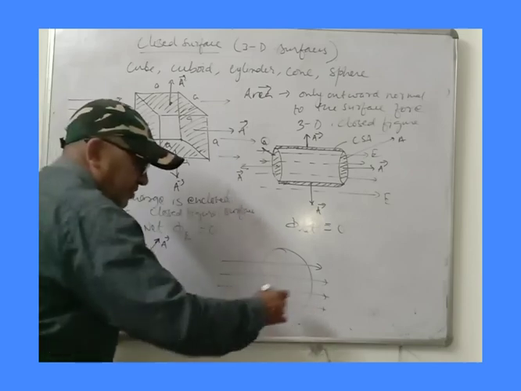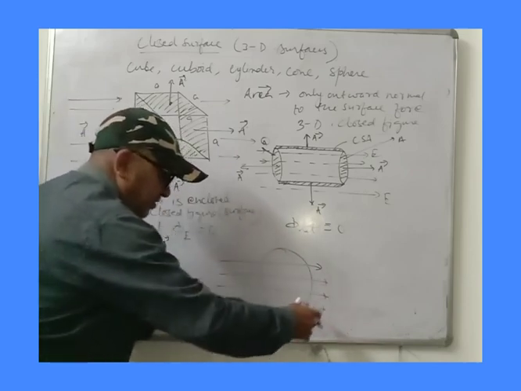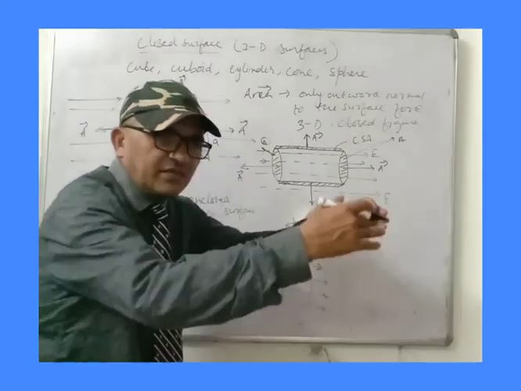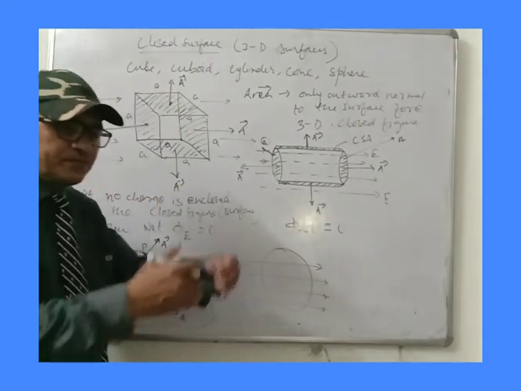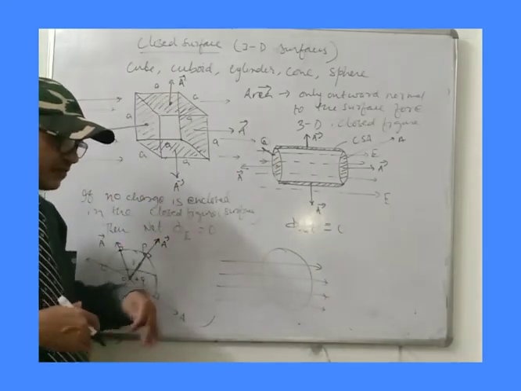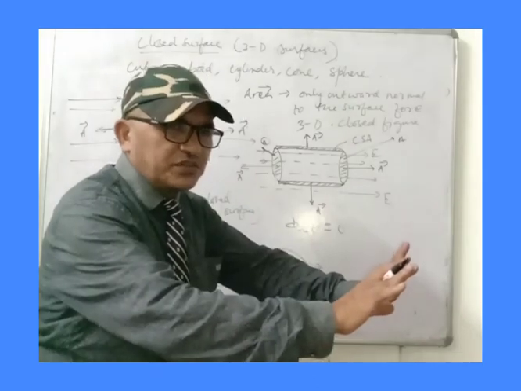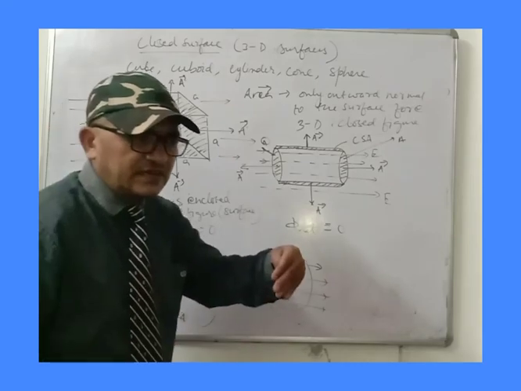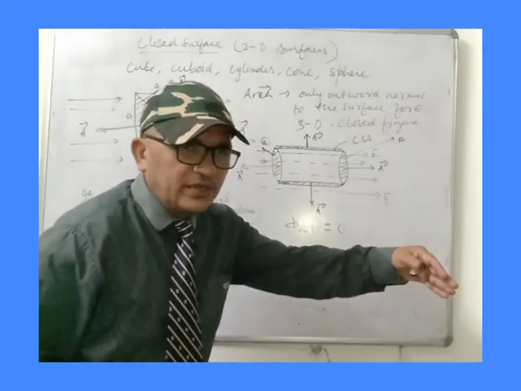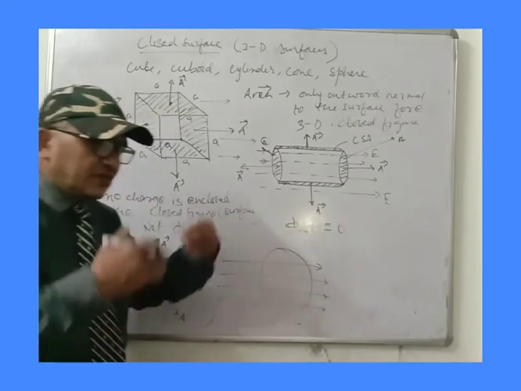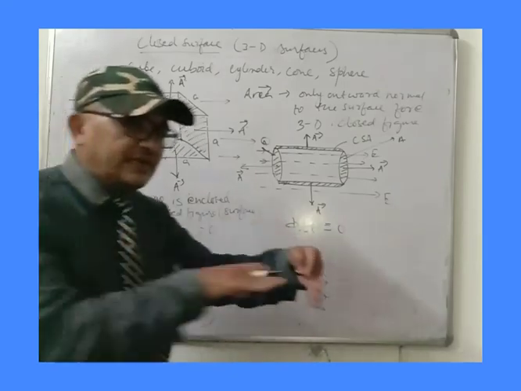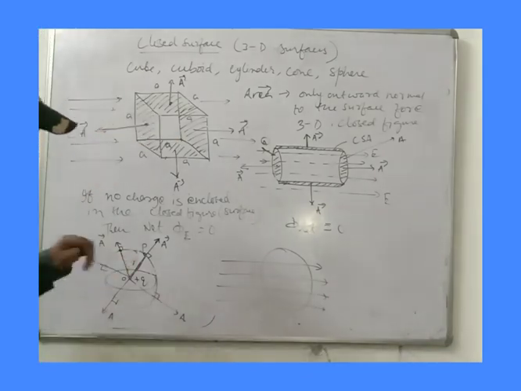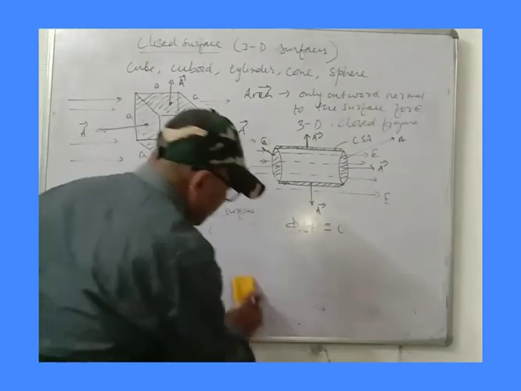This side surface you have to take. You have to take both side surfaces and do like this. Field lines entering the surface, field lines leaving the surface. This side surface will have negative flux. That side surface will have positive flux. The surface from where the electric field lines are leaving will have positive flux, and the surface where the electric field lines are entering will have negative flux. Something like that.